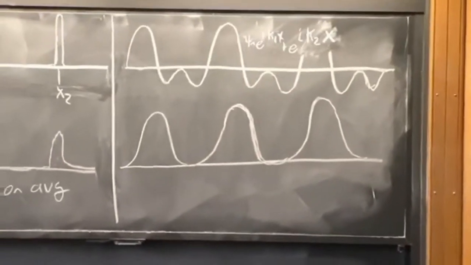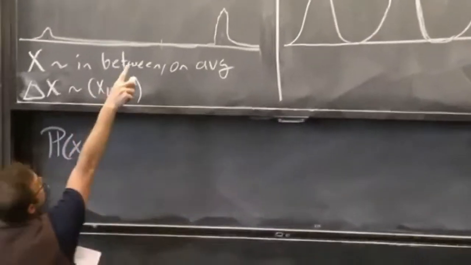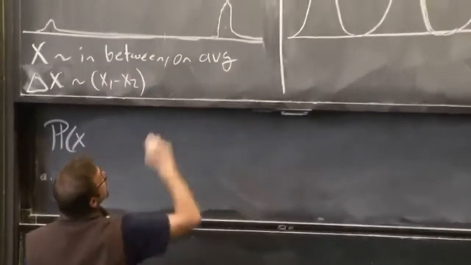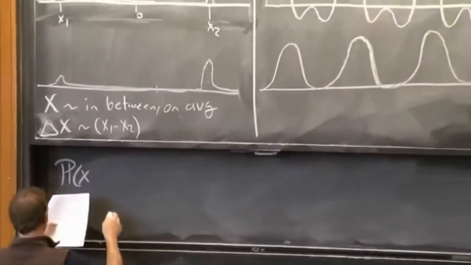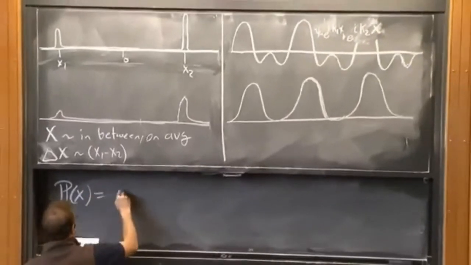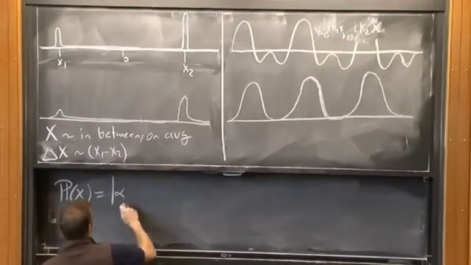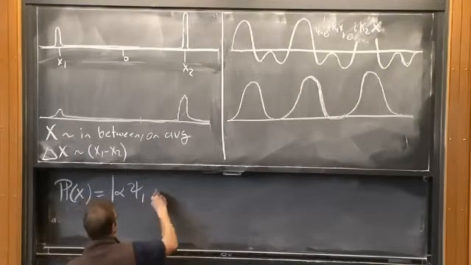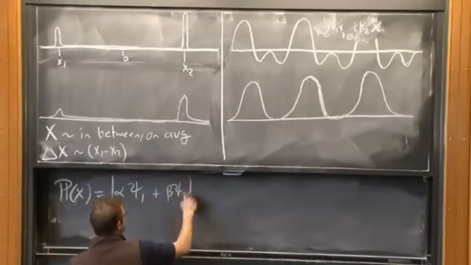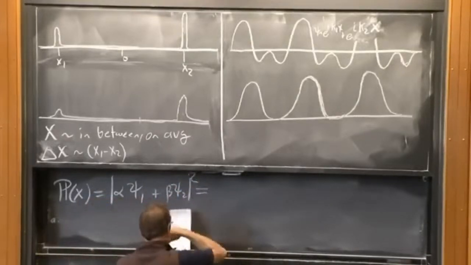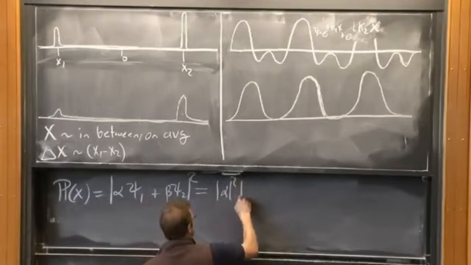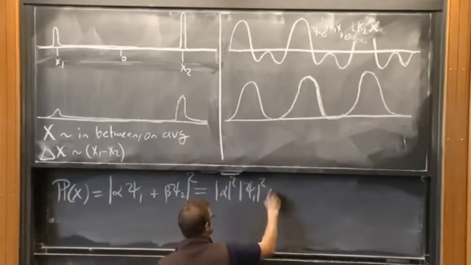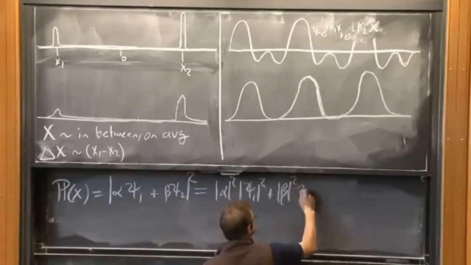Note that the probability in our superposition of psi1 plus psi2, which I'll call e to the ik1x plus e to the ik2x, the probability is equal to the norm squared of the wave function, which is the superposition alpha psi1 plus beta psi2, which is equal to alpha squared psi1 squared plus beta squared psi2 squared